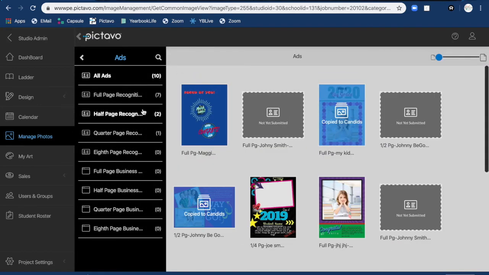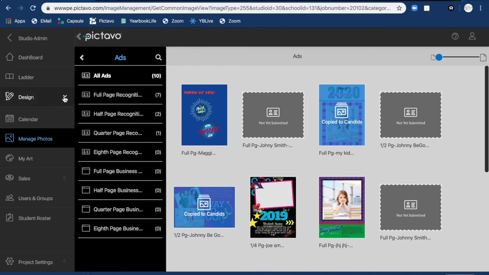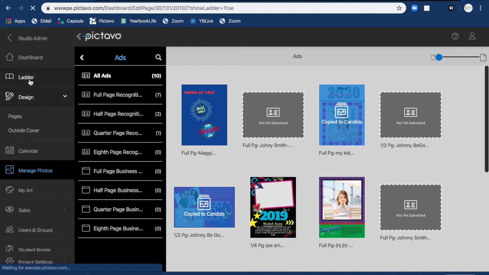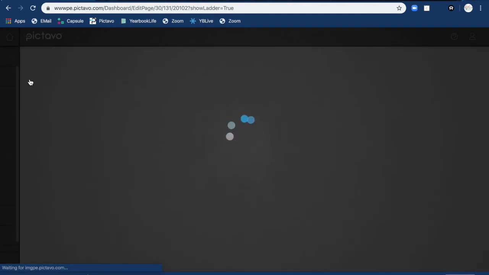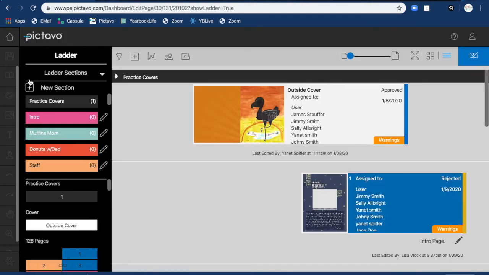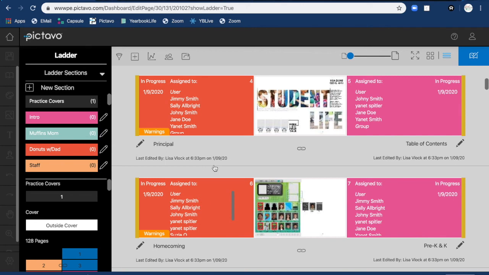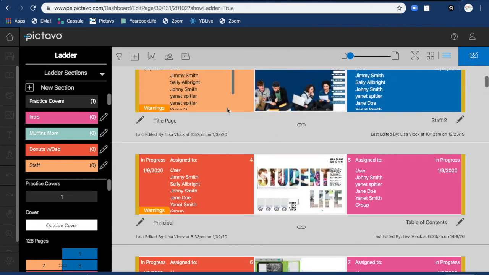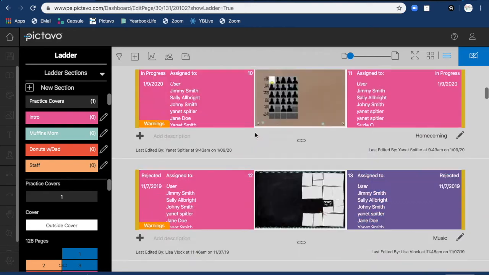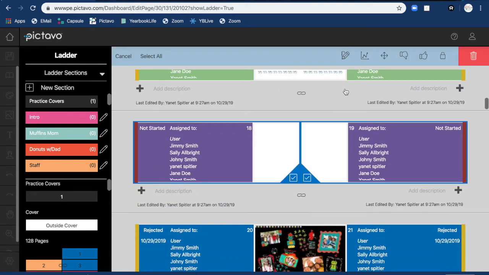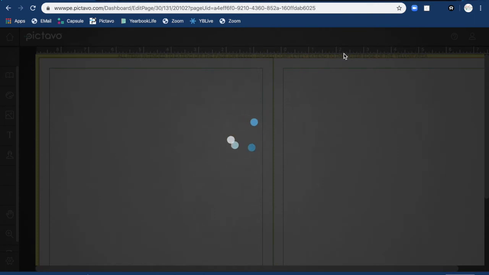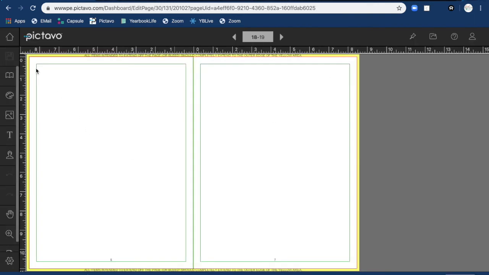Okay. All right, so let's go ahead and go to one of our pages, and let's go to the ladder. Let's go to one of our pages and I'll show you how to insert it into the pages, because like I said, ads, we'll clear out a page probably to be able to work in. Oh, here we go. Let's go ahead and use this nice blank one. It might have a template, but we'll get rid of it. Okay, good. All right. So let's go to the art,